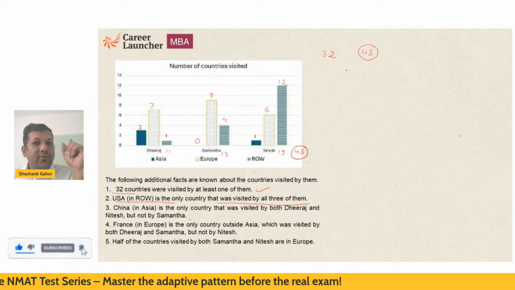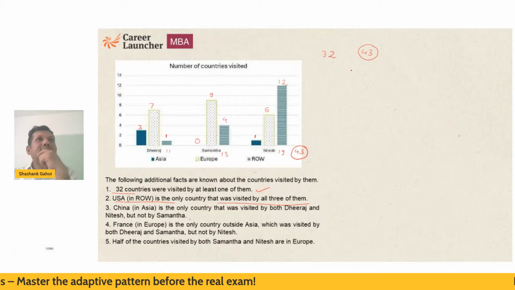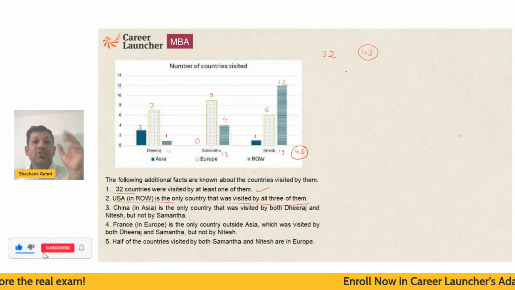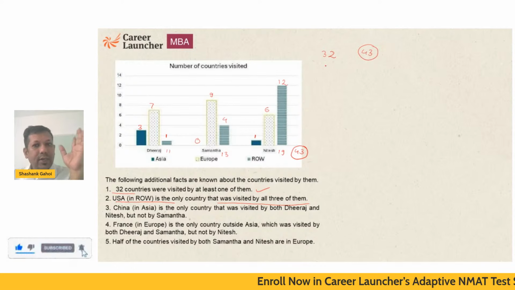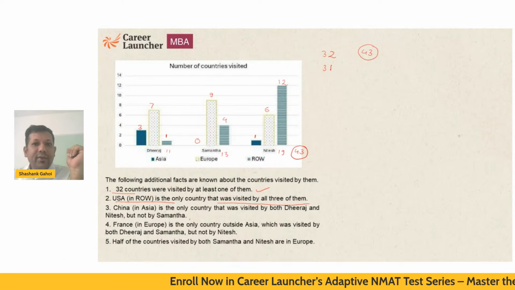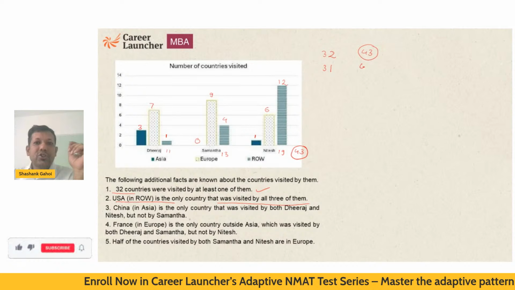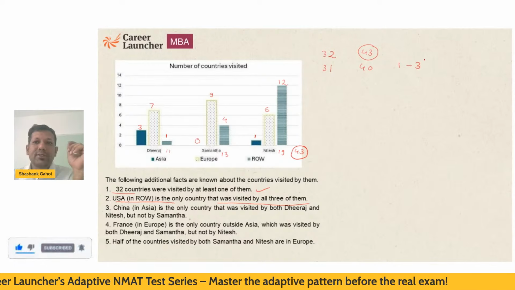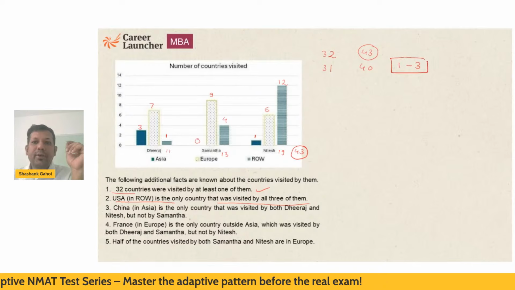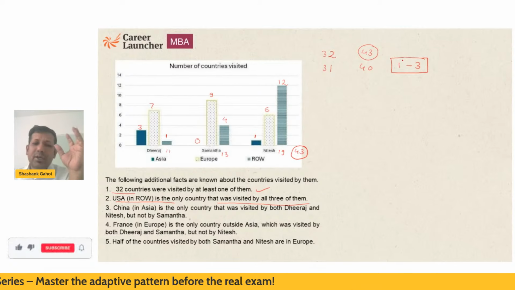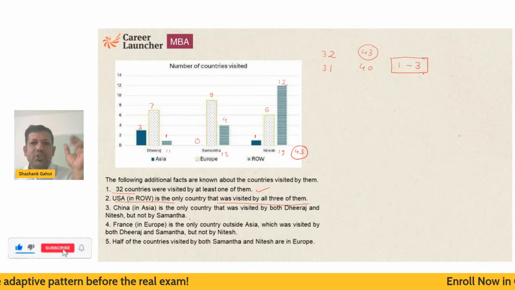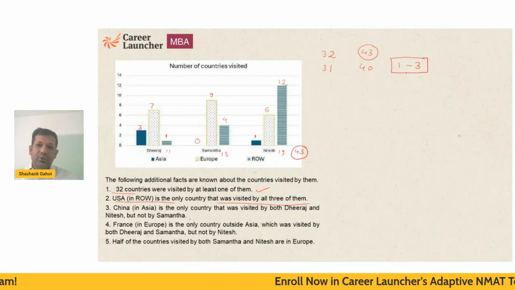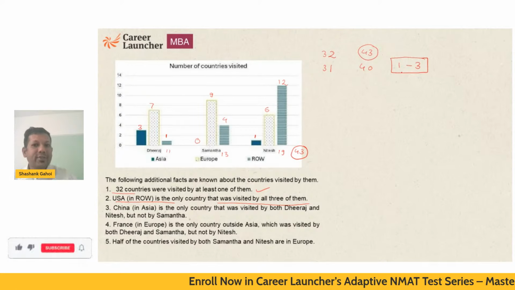So there is only one country that is visited by all three of them. It means there is going to be only one person that is getting 3 chocolates, right? So 31 people are there, 40 chocolates are there, and one person has already received 3 chocolates. So I'm trying to solve it by chocolate distribution. So exactly 3 value is 1. In all of those, exactly 3 value is 1.